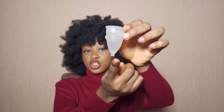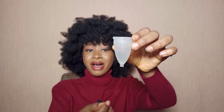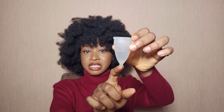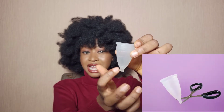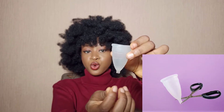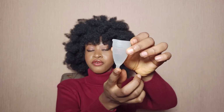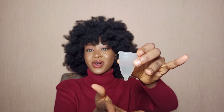The stem was much longer than this, but according to the instruction manual, when you insert the cup and the stem is making you uncomfortable, if you look closely at the stem, you see there are lines there. You just take a pair of scissors and cut it following that line trim. So there was one more stem here, and when I inserted it, it made me really uncomfortable. Like, it was always lapping with my labia, so I had to cut that part off,